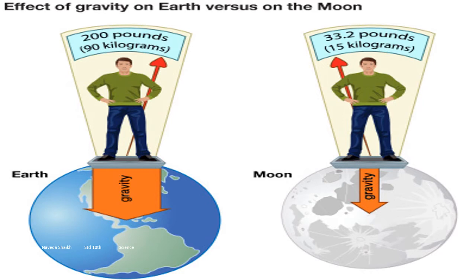That was because the moon's gravity was very less, and this helps us understand that our weight differs on different planets also. Like on earth, if a person weighs 200 pounds, like 90 kgs, he will weigh 15 kilograms on the moon. So it is very interesting, right? The same person weighs different. Why? Because the earth's gravitational force is acting upon our body. It helps hold us towards the center, and that is the reason the weight appears to be more over here and less on the moon's surface. So this thing is clear.